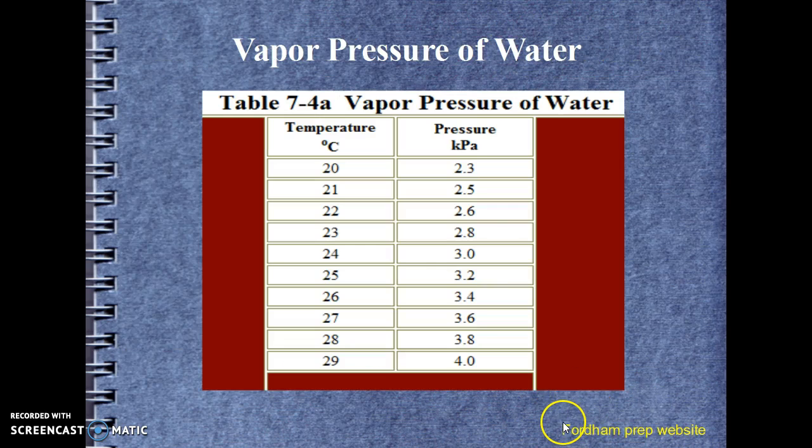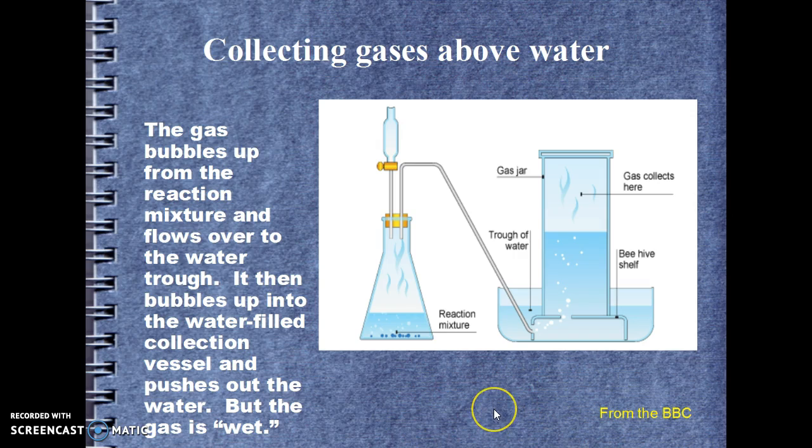Now, how can we use that? Well, if we have a table of the temperature versus the vapor pressure of water, this can be very useful to us in the laboratory. Sometimes we will create a gas in a chemical reaction, and the gas bubbles up from the reaction and is taken over by a tube into a collection vessel. The gas will bubble up into this water-filled container. It will push the water level down,